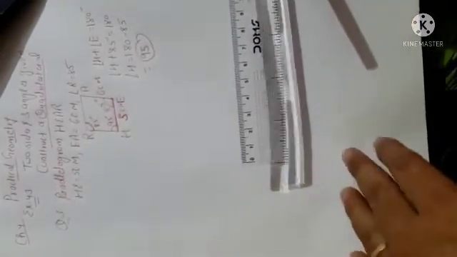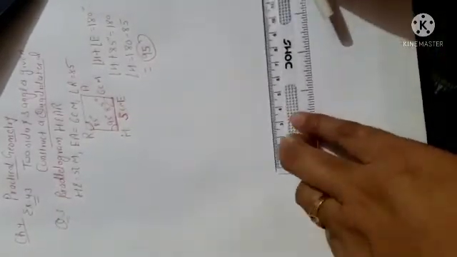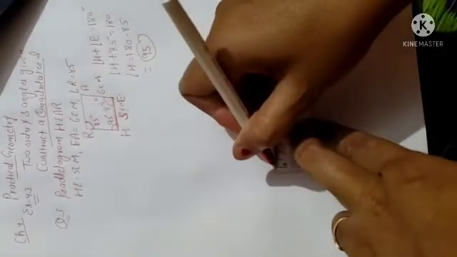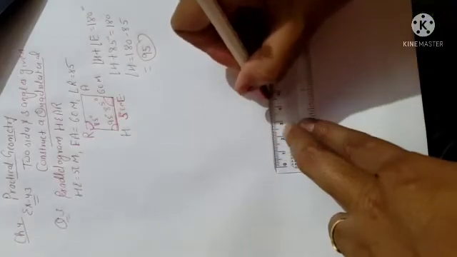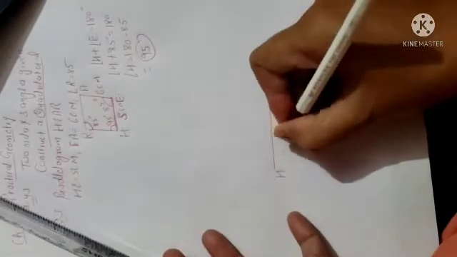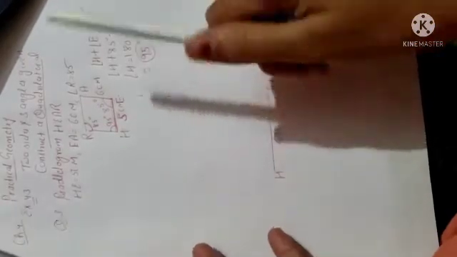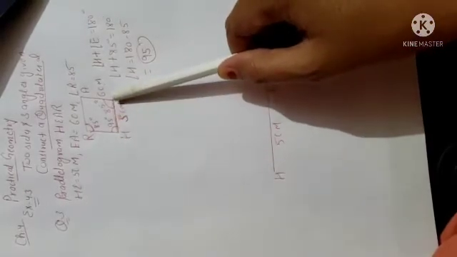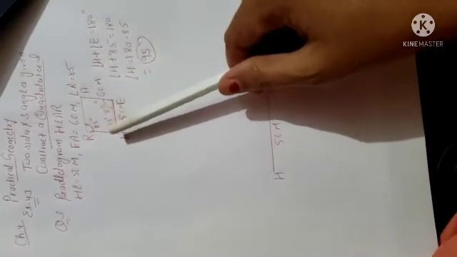So first step, you will draw the line segment HE which is given 5 centimeter. Clear? For example, I am drawing here this line segment HE, and this is 5 centimeter. Now you have to draw both the angles that are given. Angle H is 95, angle E is 85 degrees. So first of all, you will draw both the angles.